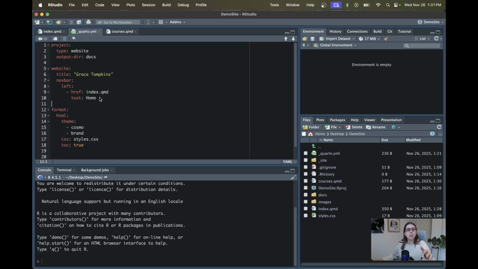So what we're going to do is add it under this website header in our _quarto.yml file. So what you can do is, the YAML file is very particular with whitespace. So add another dash at the same level as the previous one, and you can just say